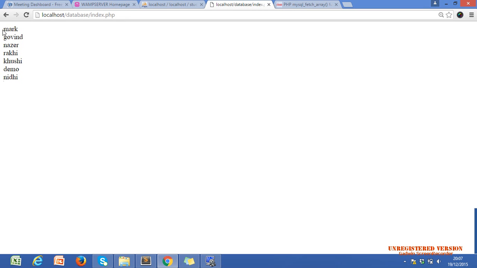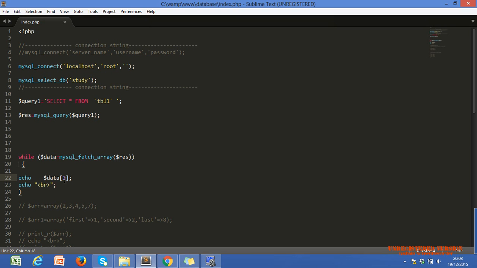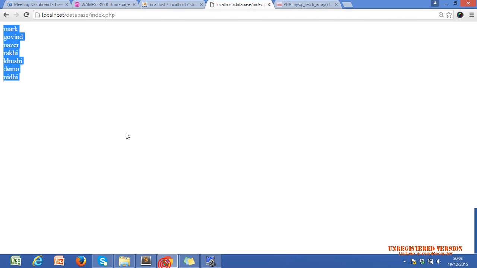Why the same output? Because we are getting both kinds of arrays in our result. You can use the key name, or you can use the index value. I used username, and username points to our second column. If I use 1, 1 also points to the second column.